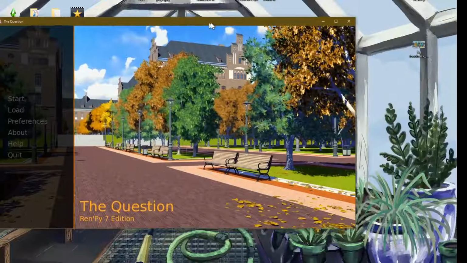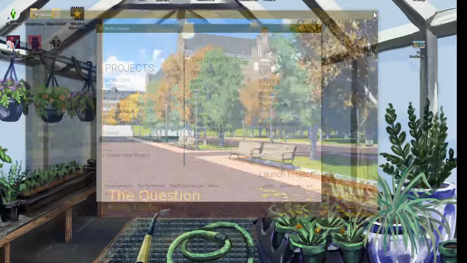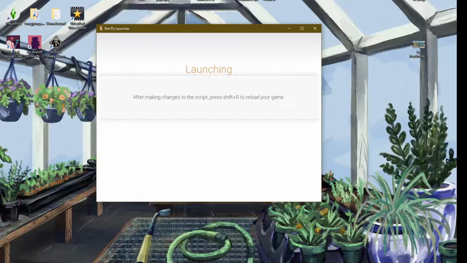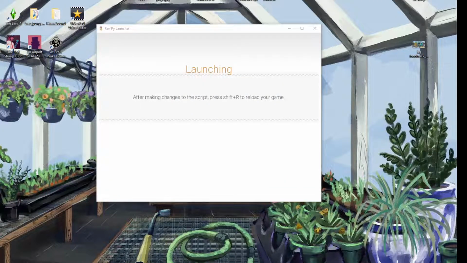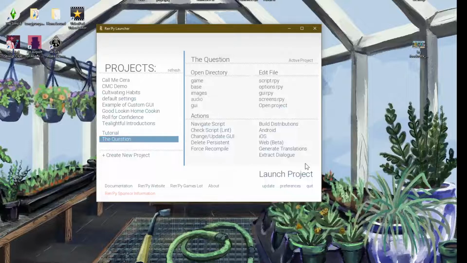Let me drag it over so you can see it. Ta-da! So this is the game. See, start, load, preferences. Just like if you were to launch project, for example, for Good Looking Home Cookin', it would launch our game. See? Ta-da! So we're going to launch the game, the question,